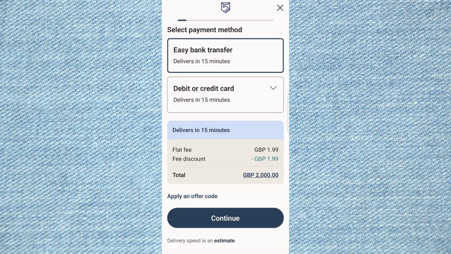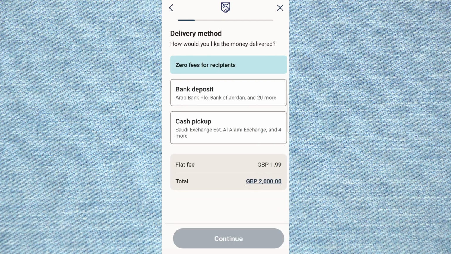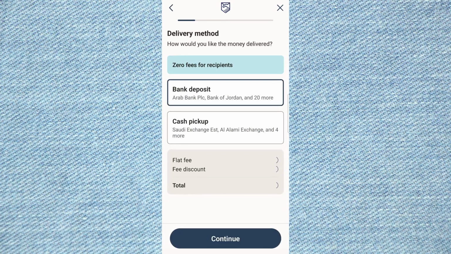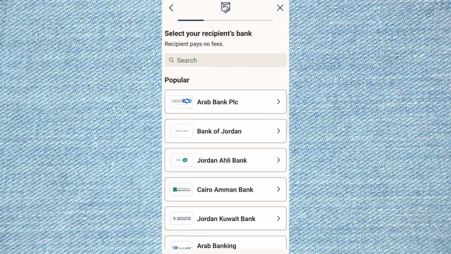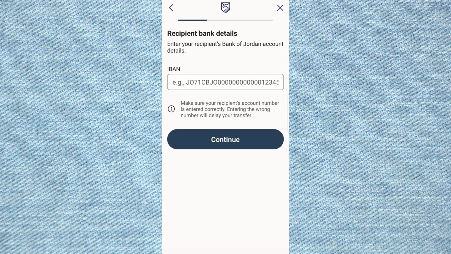You'll then be asked to enter the recipient's account details, if required for the delivery method you chose. Enter those details carefully and review them before moving forward, since accuracy is very important for international transfers. From there, simply follow the prompts on your screen to complete the transaction. Remitly will walk you through the final confirmation steps, and once submitted, you should receive a summary of your transfer. Before sending, it's always smart to do one last check of the recipient information, amount, and payment method to help avoid delays or errors.